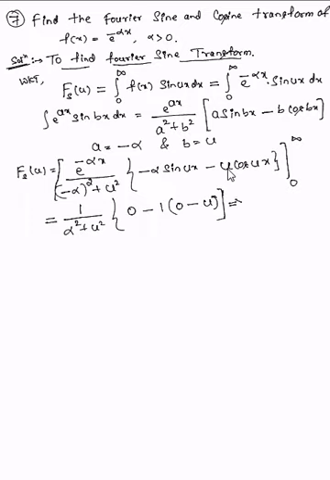this implies Fs of u equals, see this is minus into this minus, it is plus, u by alpha square plus u square. So this is the value of Fs of u. That means this is our Fourier sine transform for this problem. So this is how we can find a Fourier sine transformation for a given function. This is a common procedure for all problems. So take the formula of Fs of u, substitute what is f of x given, integrate that, you get the sine transform.